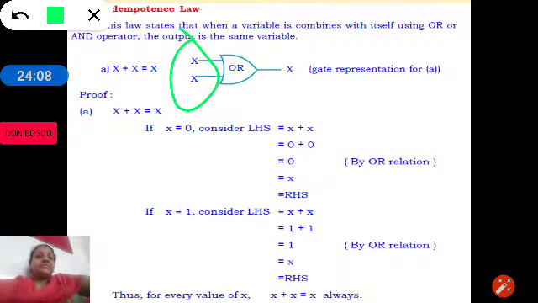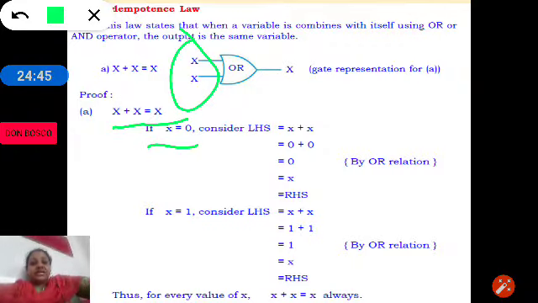So, the Boolean idempotence law says that if a variable is combined with itself and we perform the operation, it is same as the variable, that is x plus x is equal to x. As we know, x is a logic variable, x can be 0 or it can be 1.